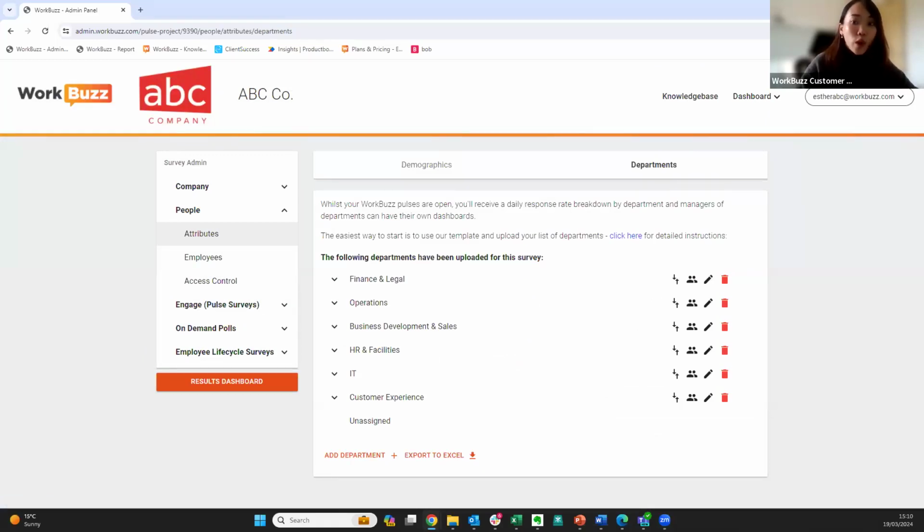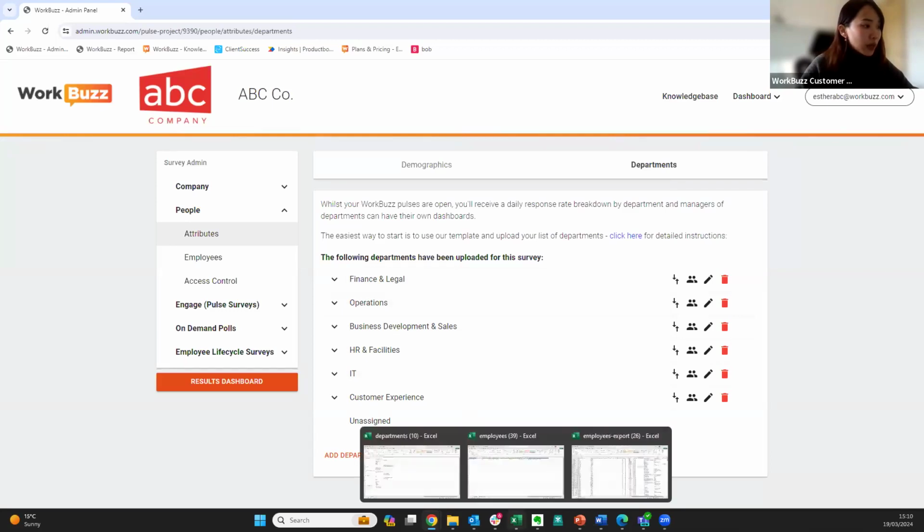This is where you can upload your reporting structure. Now, the easiest way to do this is to download a template which provides you with an Excel sheet where you can then populate your reporting structure. Over here, because it's a demo account, we've already pre-populated some department structure. But if it's your first time accessing the system, you should be able to see a download template button. So once you click onto it, and I've prepared an example ahead of time,